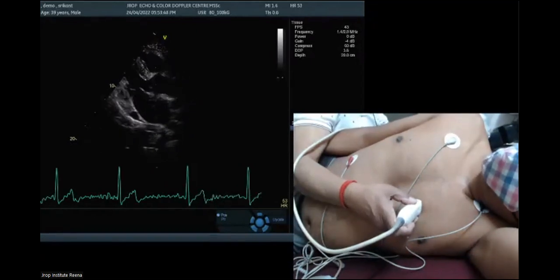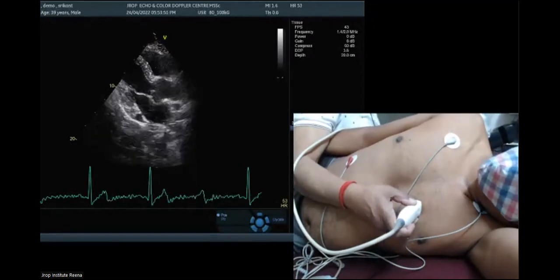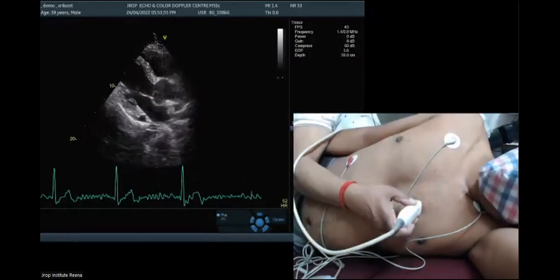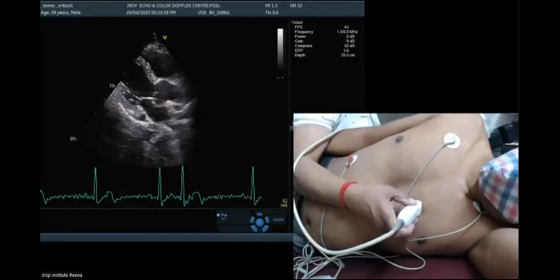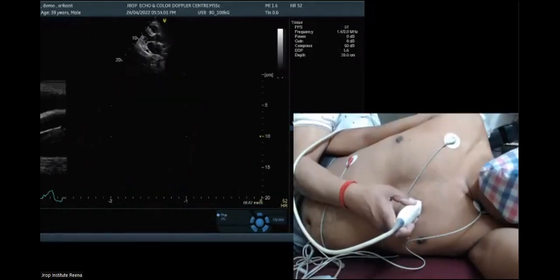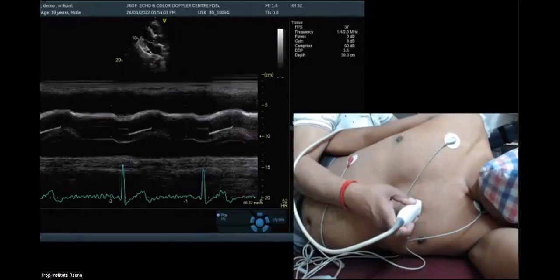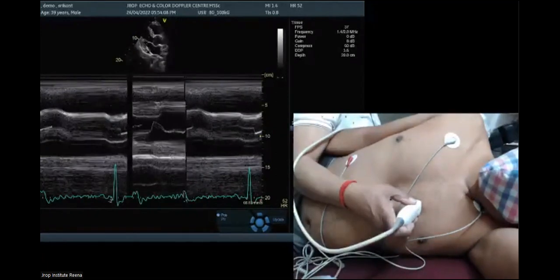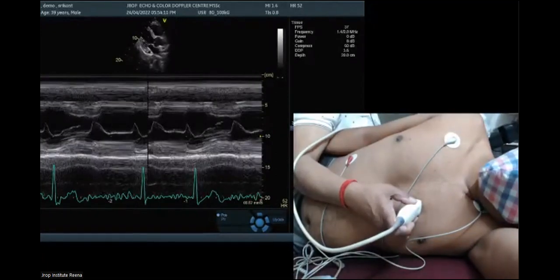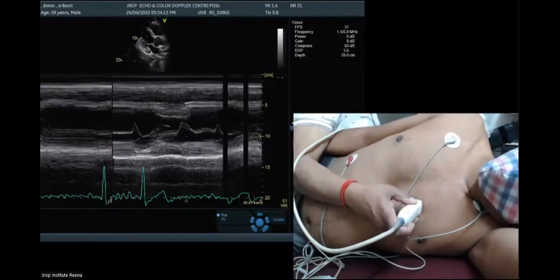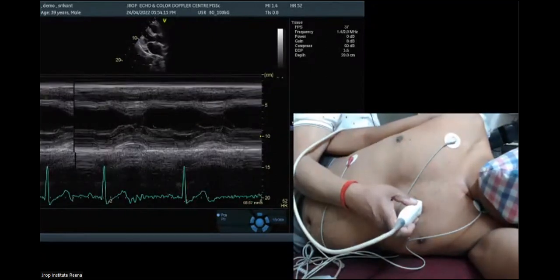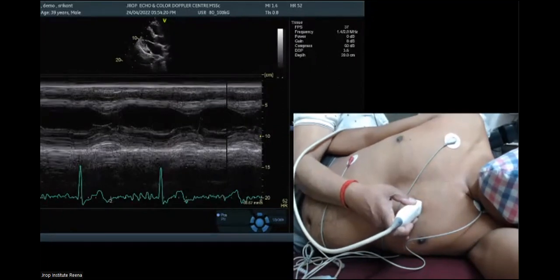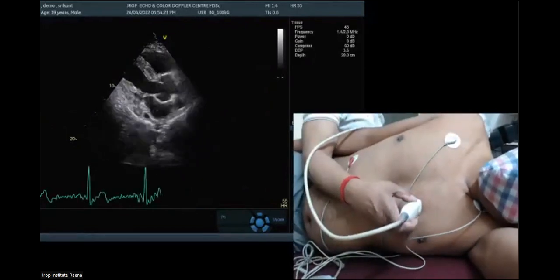Look, this is the best M mode you can get in your imaging qualities. Look at my line. Did you see my line? Yes, sir. This line should intersect the aortic valve. So I'm going to take an M mode. It's giving you an M mode of the aortic valve. I'll move my cursor to the tip of the mitral leaflets. Now I'm just distal to the tip of the mitral for LV dimensions. Right? Yes. So the best M mode 2D image would be